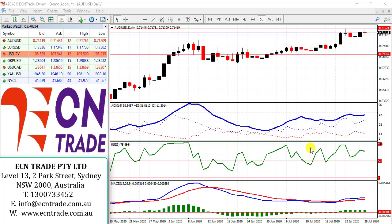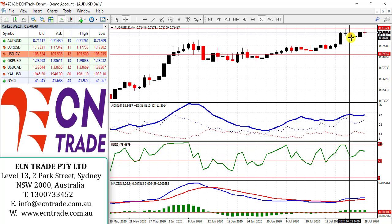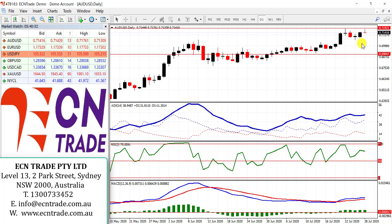Now, the call last week was a break of 70.65 that would initiate a fall to 69 cents. And as you can see from the rebound off 70.65, it is now playing inside this range. But with the divergence seen here, I do anticipate, if we get a close tomorrow morning in New York